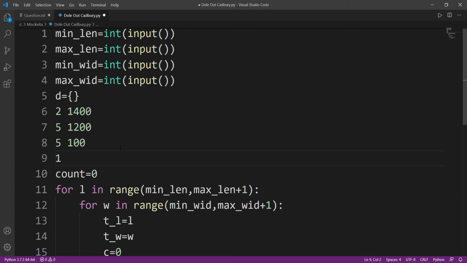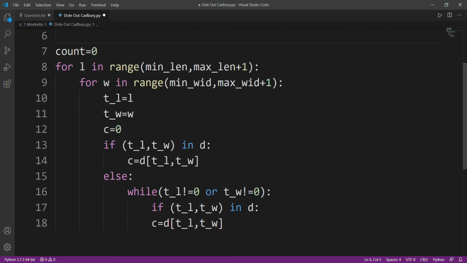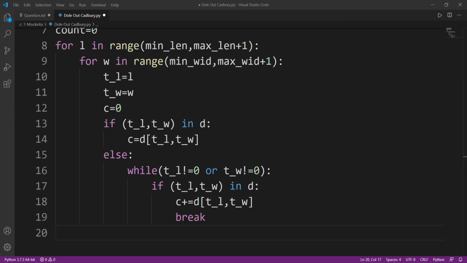and 1000, right? So maybe the reduction of this may come to 500, and since we have already solved this, why not take the advantage? And don't worry, it won't cost us much time, because the complexity is one. Please do remember it, and dictionary will help you a lot in clearing your exams and avoiding TLE. And as soon as we get this, we'll just add this in our C and break our code, because we already know the number of chocolate bars for this input.